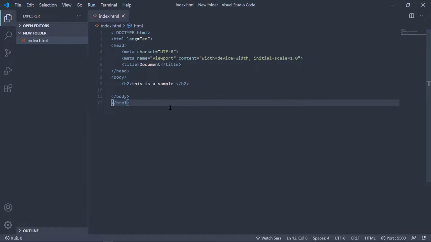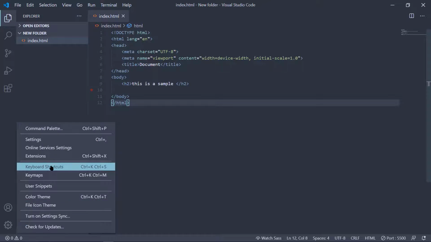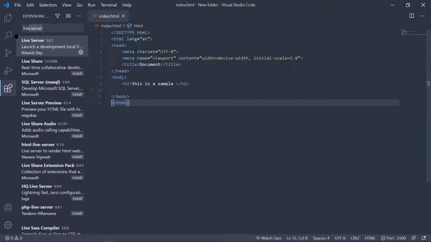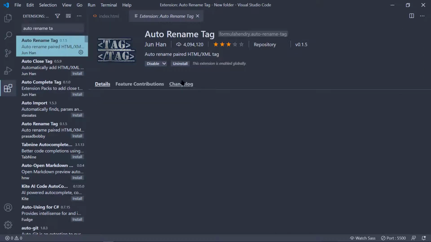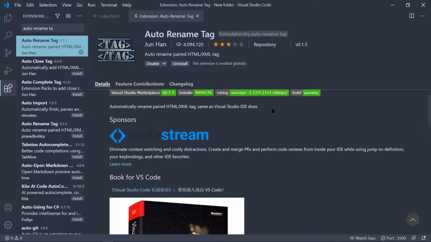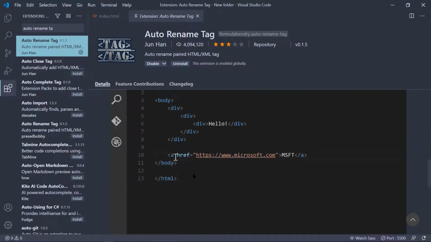The second extension I am going to talk about is Auto Rename Tag. So let's see the extension. The name of the extension is Auto Rename Tag, this one here. So what it does, as you can see here, is if you just change the opening tag, it will automatically change the closing tag.